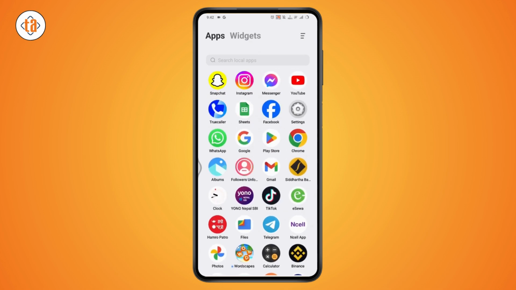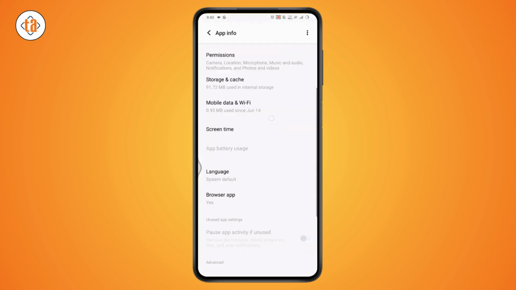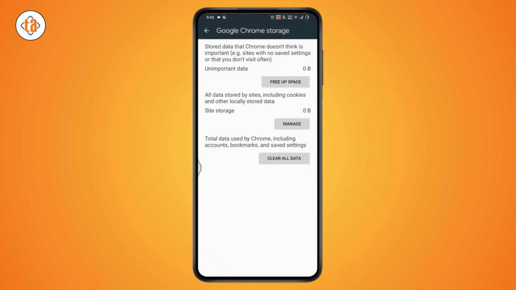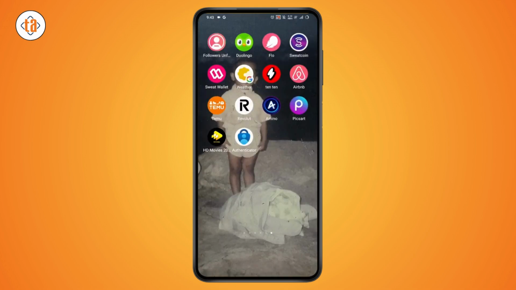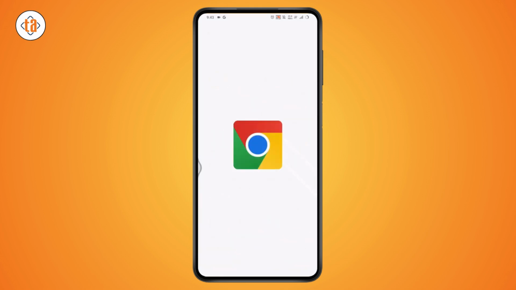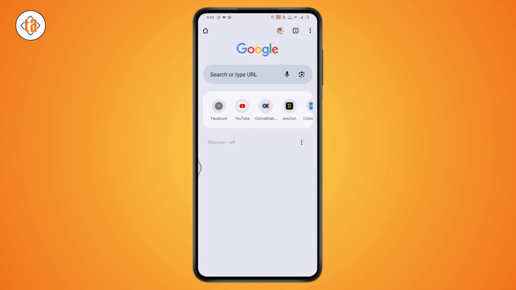But if that doesn't fix it, then again simply tap and hold on your Chrome, go with app info, scroll down, go with cache and storage, go with clear cache and go with clear storage, and tap on clear all data or free up space, go with OK. And once you've done all of these, you can simply restart your device, and after that your problem will be fixed. You can open up your Chrome browser, and here you can see that it doesn't open the unknown